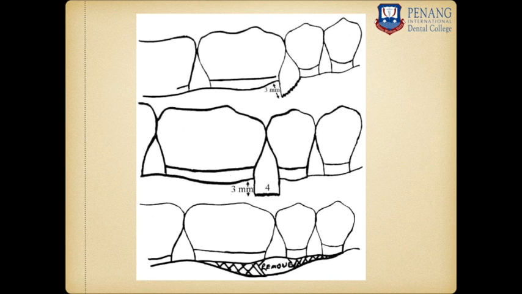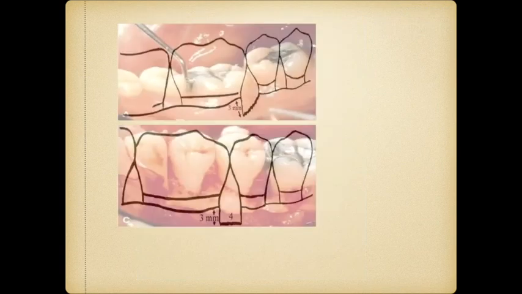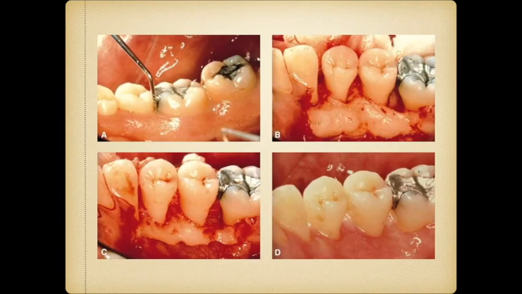Rather than doing that removal of bone for the entire region, we'll remove only the region where there is bone loss. We'll recontour, we'll change the contour in that region alone, so that a very minimal amount of bone will be removed, rather than removing the entire bone by regular osseous resective surgery. That is the idea of the modifications in resective osseous surgery. So I am going to show some clinical pictures of resective surgeries performed.